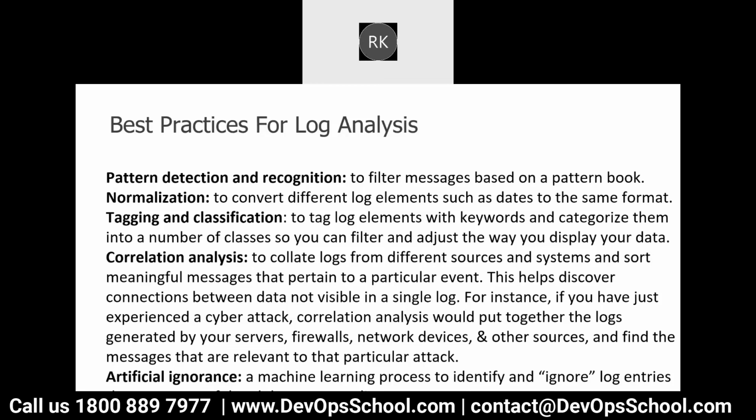Filter, you understand that, right? All of you have spent time filtering flipkart.com, amazon.com for your product, by discount, by this, by that. So you know that. So here also a tool should provide you tagging functionality, so you can filter and adjust the way the display you want for your data. By the way,